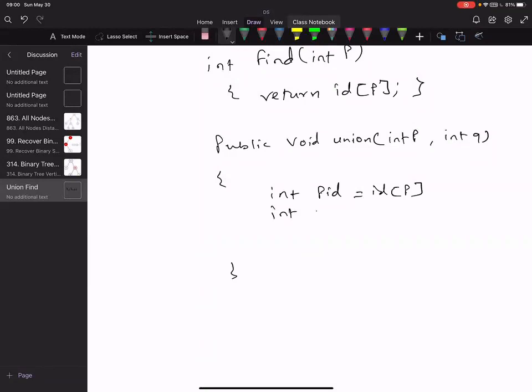Right. So I'm gonna just find the ID of P and Q, and then I'm writing a simple loop, the same as what we did in initialization.